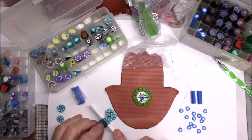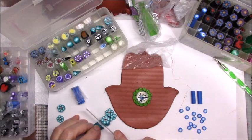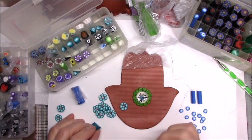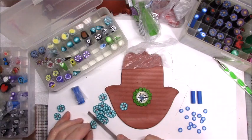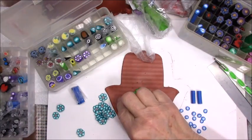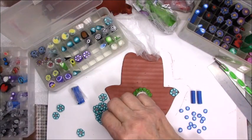Try to make them all about the same thickness, and again, I'm cutting away from myself. Just makes it easier for you to see, but it's harder for me to see. So if you see my gray hair peeking in, it's just because I'm trying to see what I'm doing. And I'll save the little round one. So now what I'm going to do is I think I'm going to put this one on this side, and I'm just going to fill in an area